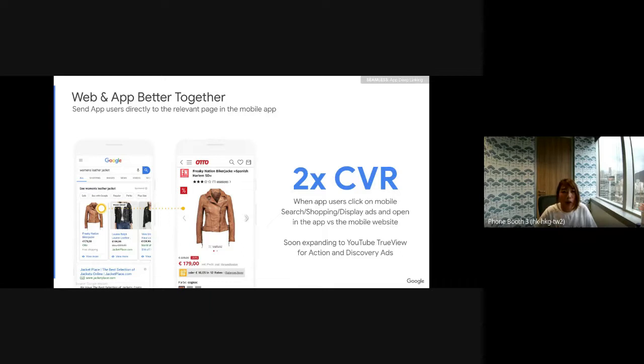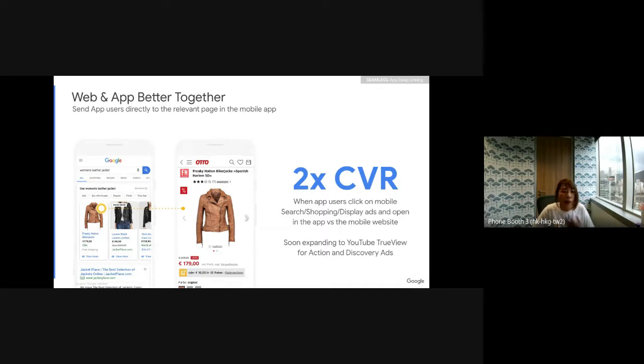And so here we are seeing that when the user clicks on a mobile search or other type of campaigns, and then opens in the app versus in a mobile website, if they can open directly in the app, that will give us like 2 times the conversion rate, right?